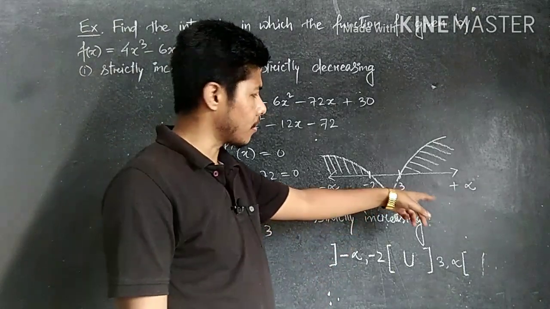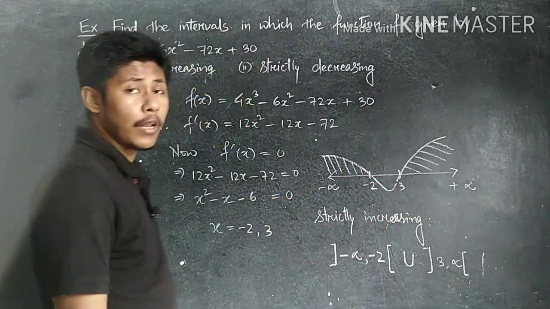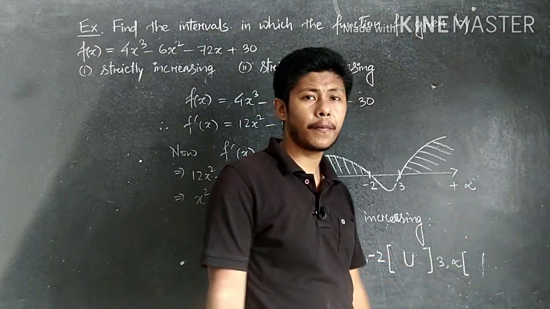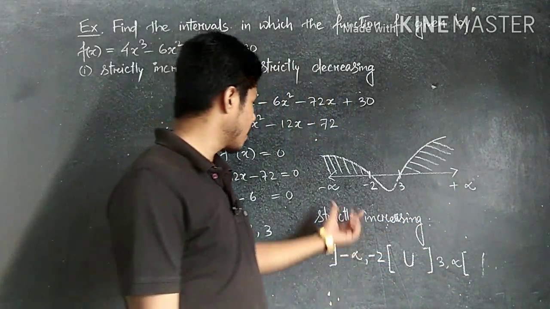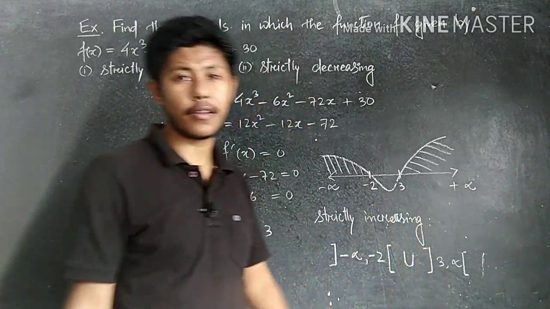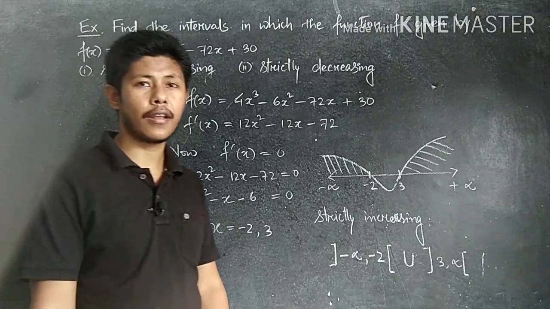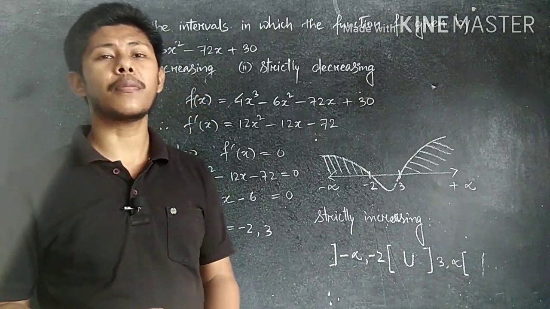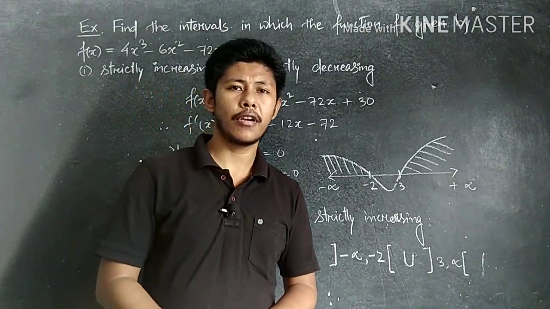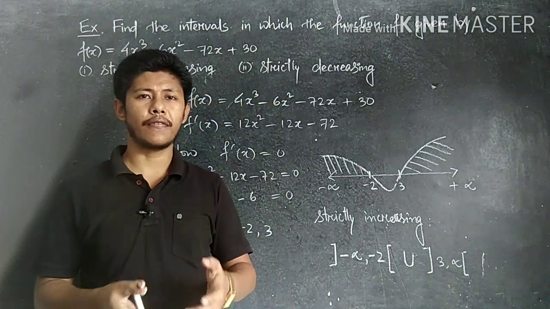So now in this case, you see, if we choose another method here, this part, both are positive, increasing. Here both are negative, increasing. This part is negative, positive, decreasing. So in this also we can write. One thing you remember: in case of algebraic function, we always use the wavy curve method. So in this way, we can easily solve the intervals here.